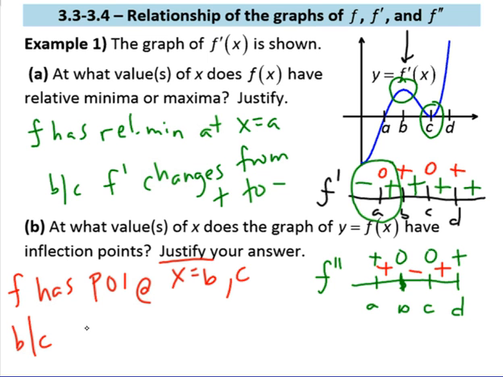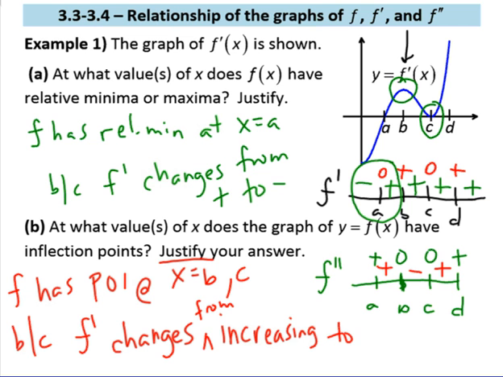So what is f prime doing? Because f prime now changes sign. If you look at b and c, what's happening? We have mins and maxes there. Again, I don't want to say mins and maxes, but I want to talk about something changing. So what's changing? The slope is changing, or the graph is changing from increasing to decreasing. So what I like is to say f prime changes, and I guess I should say from increasing to decreasing,